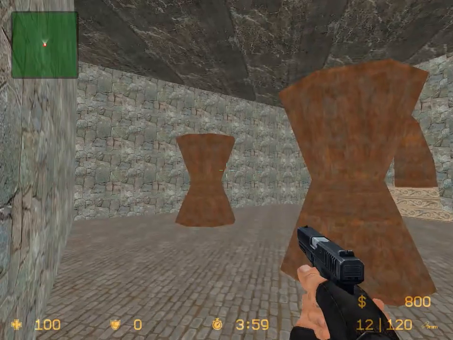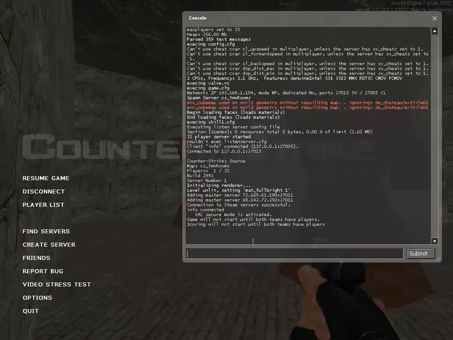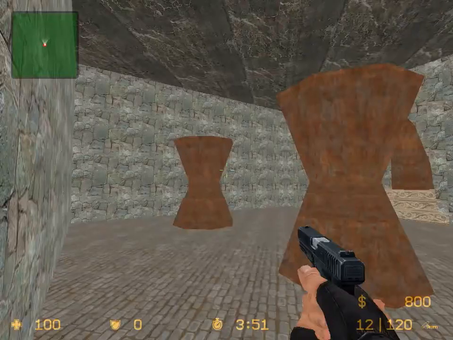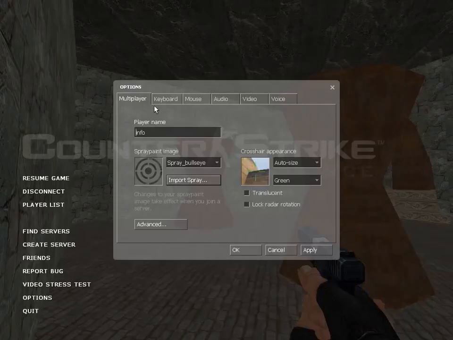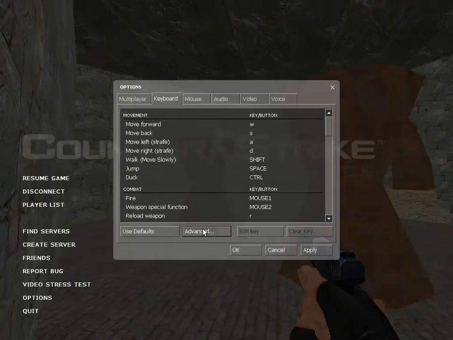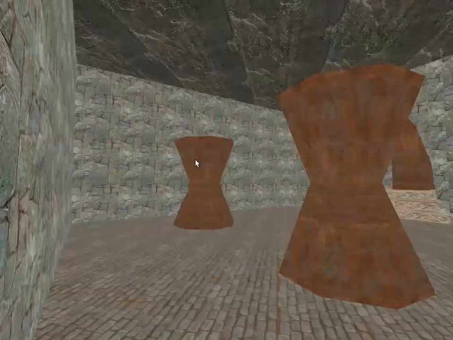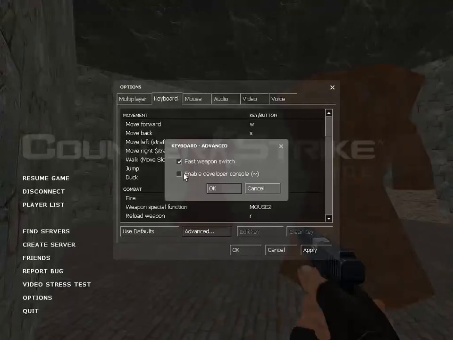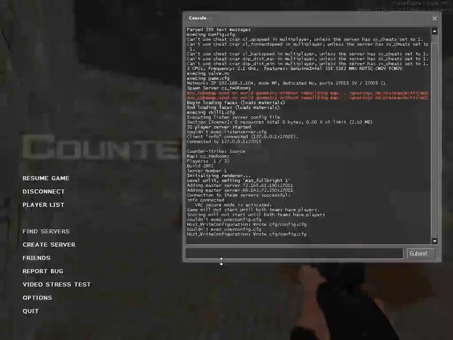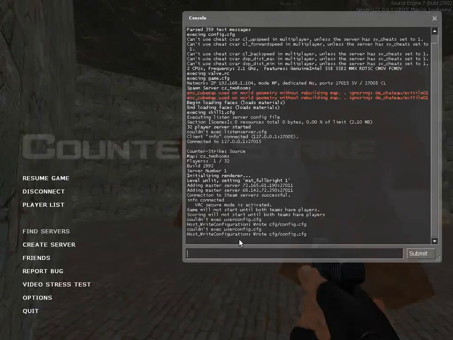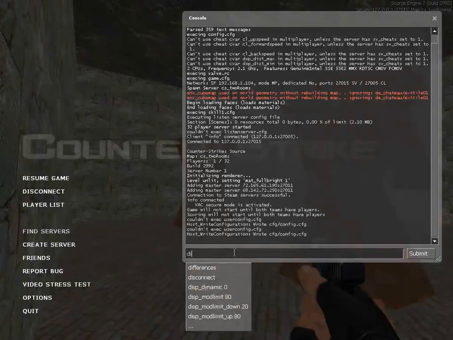Awesome. Now, click the tilde key to bring up the developer console. If the tilde, or the key to the left of the 1 on your keyboard, doesn't bring up the developer console, hit escape, click options, and on the keyboard tab, click the advanced button, and enable fast weapon switch if you'd like, but the developer console. Enable developer console, the tilde, which is, like I said, to the left of your 1, and OK, apply. And now the tilde key should bring up the developer console. This is going to be very useful as you create levels, especially as you get into some of the optimization techniques. For now, let's disconnect,